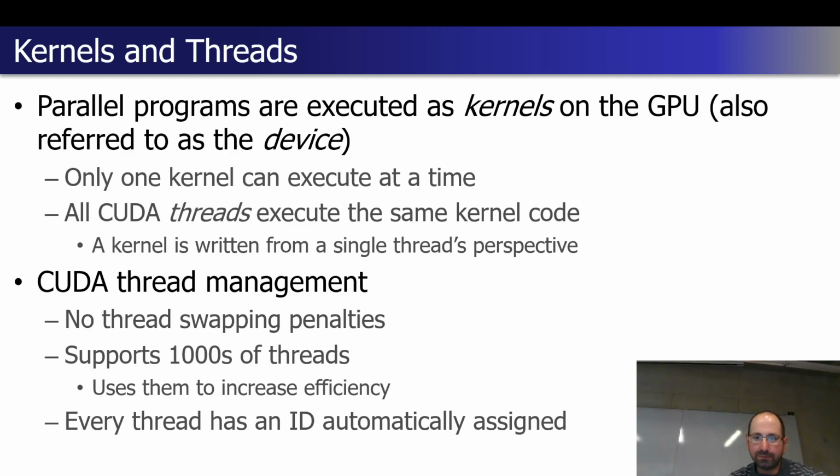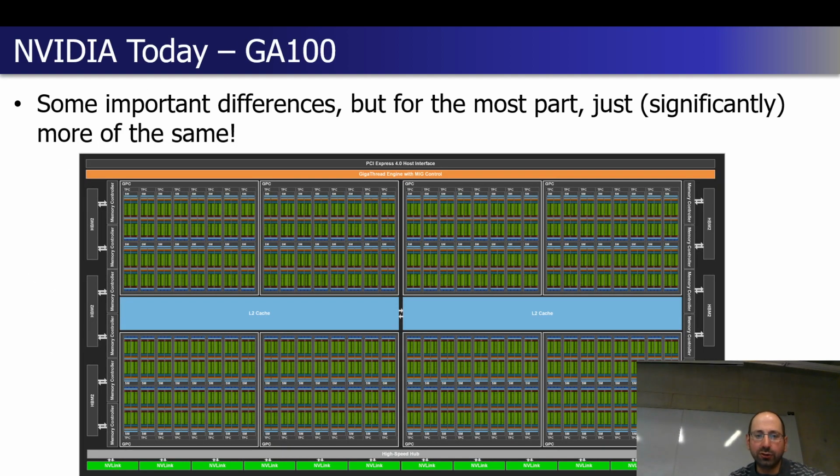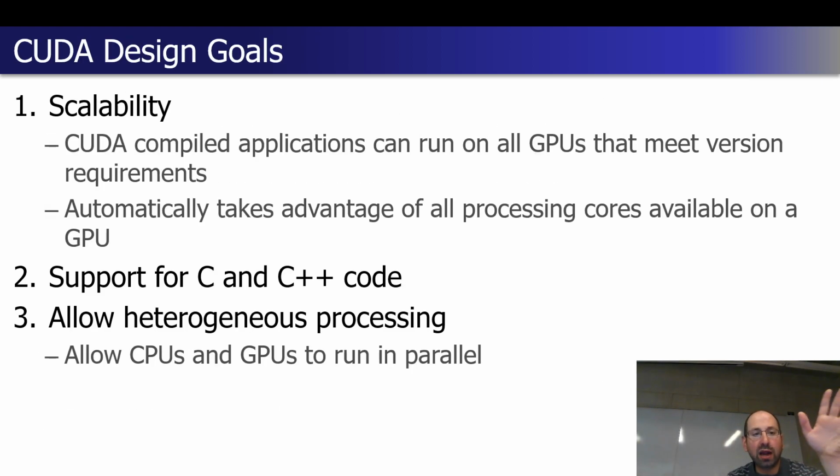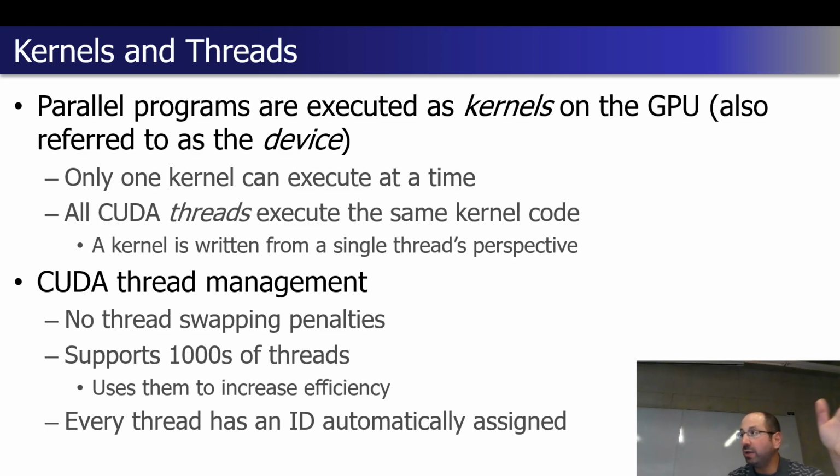I say that's not literally true, so I'd be a little careful. You're allowed to subdivide different subsets of the chip and allocate one kernel for one subset and another kernel for another subset. So you can do more than one kernel at a time. But in terms of the individual application you are writing, thinking of it as being just a single kernel at a time is still kind of the right computational model to have in mind.